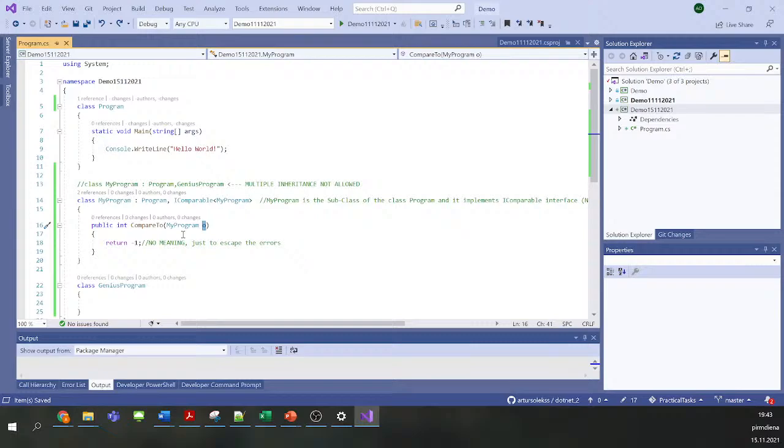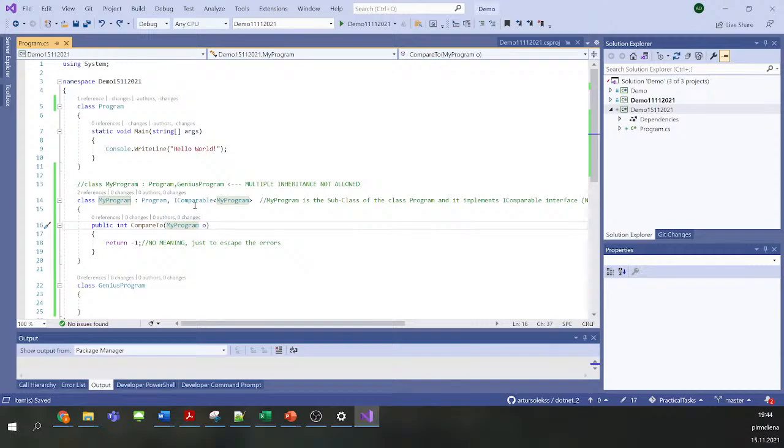If the returning value is -1, then it means that the object provided is bigger, larger than the current object. If the value returned is 0, then it means that the objects have the same weight.